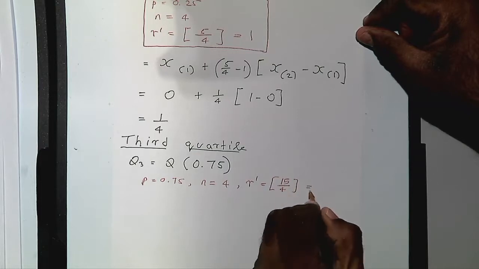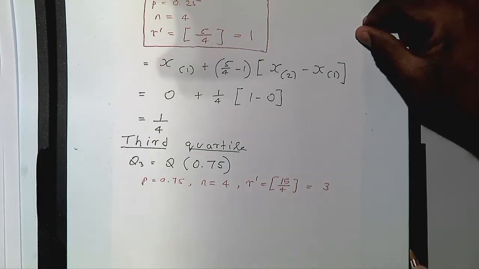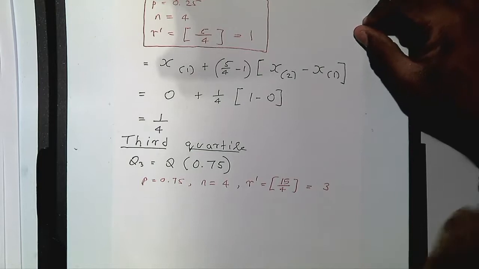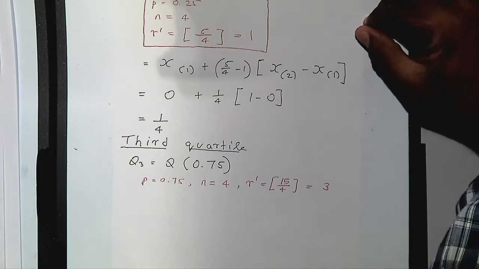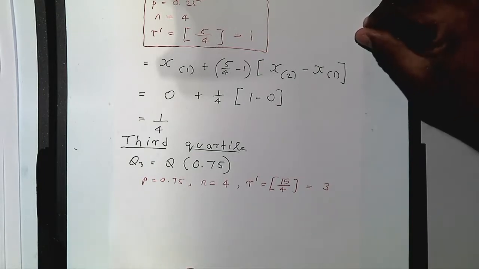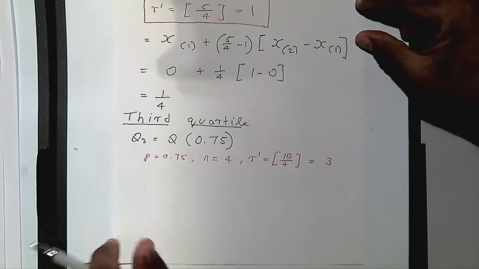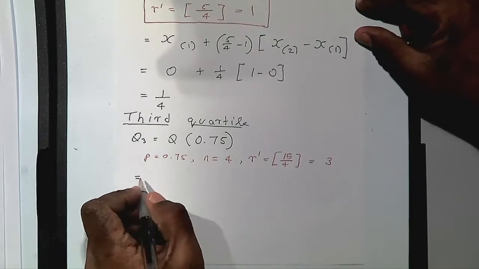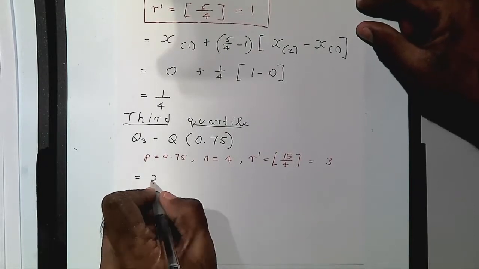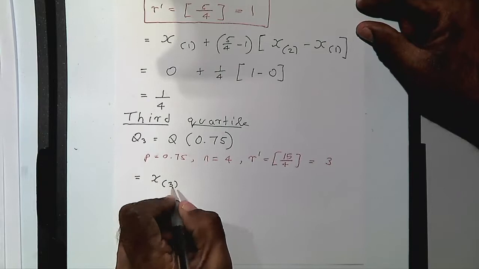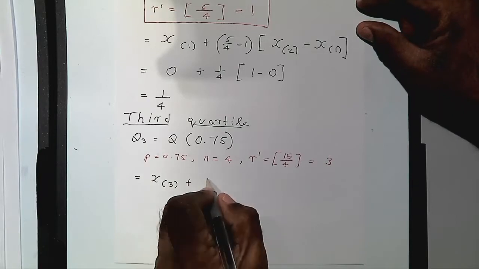So this will be 3, right? So the integer part of this is 3. Okay, and so using the formula that I gave you on Monday, guys, you get x sub 3 plus